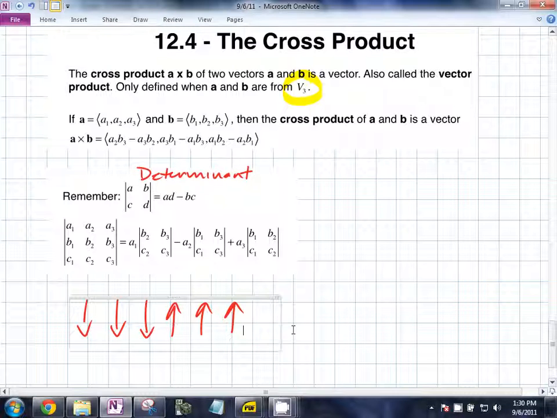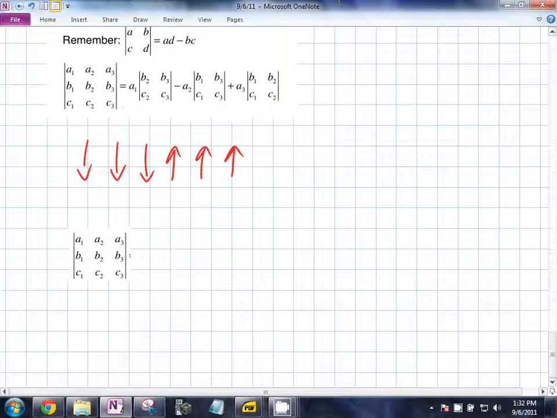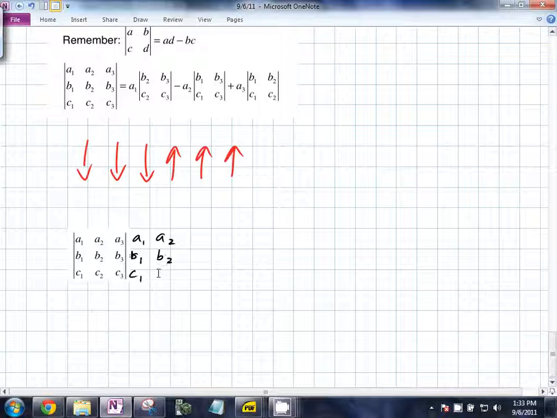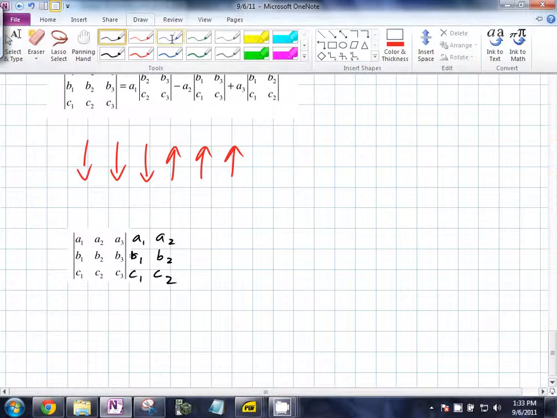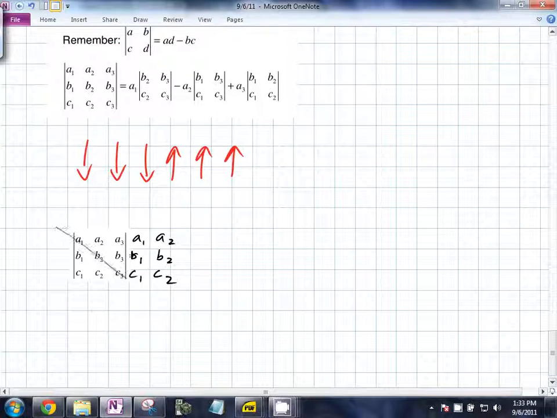Okay. Copy the first two columns over again. So we have A1, B1, C1, A2. Down, down, down, up, up, up. You go down, down. I just did my diagonal. Down, down, down. And then what do you do? Exactly. Then you go up, up, up. Each of those right there is